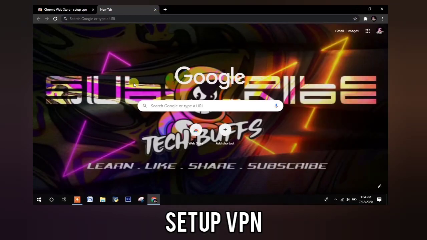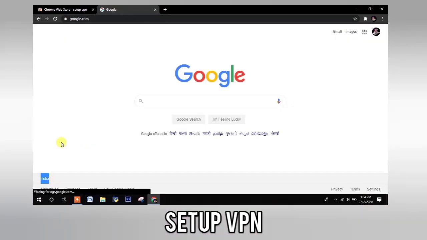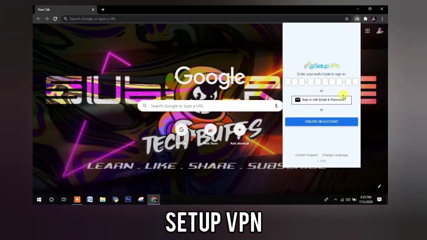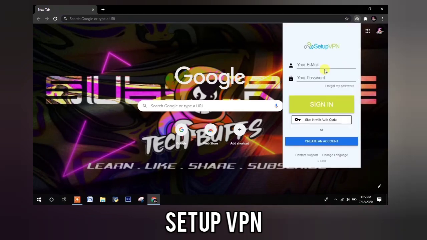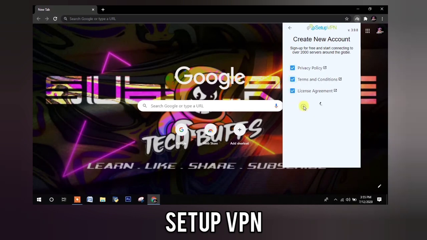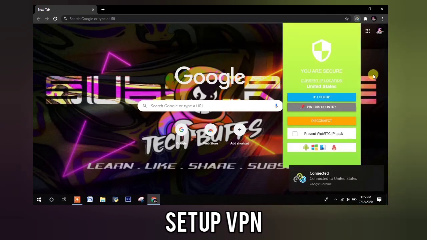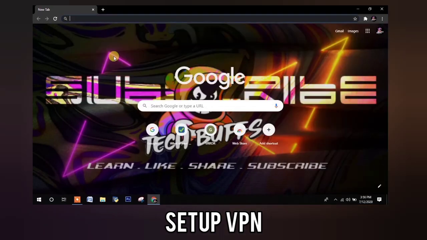Now for testing the VPN, let me go on to google.com, and when you go inside it's saying India, the location. Afterwards you have to just open your setup VPN, give the language which you want, and if you want, create an account, or otherwise just leave it. Then it'll ask some permissions, then just allow it. It gives you a lot of countries and you can choose which country you want. After choosing a country, the VPN will be connected.